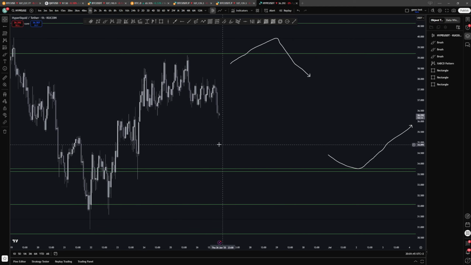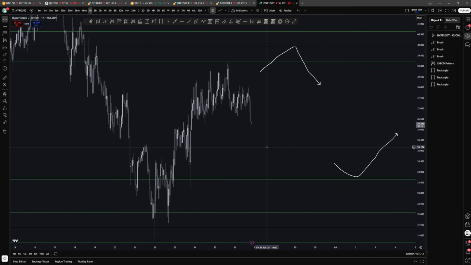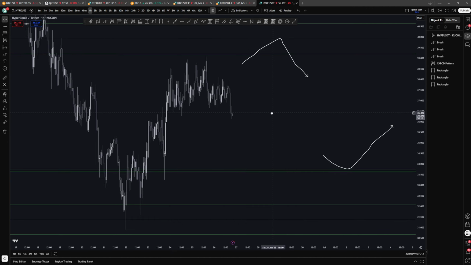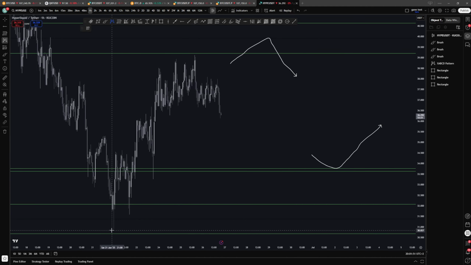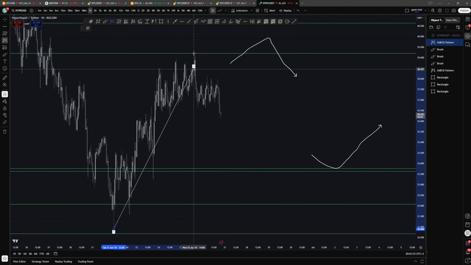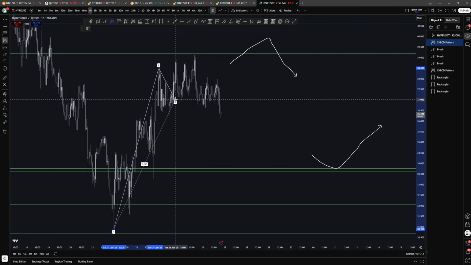Let's see. This looks like it's still forming its B point. So when I look at this, it makes perfect sense, right? The only real option that we have is to actually draw this. But as you can see, we don't get far enough. X to B has to be a minimum of 0.382. So this doesn't actually get far enough. So